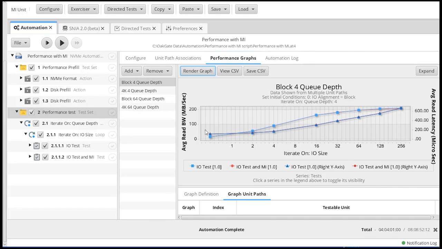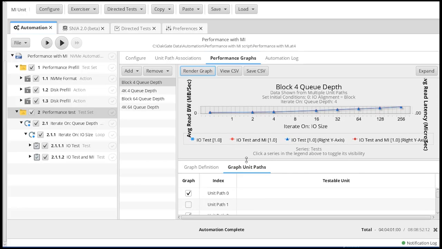Now if I just want to compare the bandwidth first, I can click here and get rid of the right side axis, latency, and see how those compare. And I can see that this is pretty much right on top. I can then bring and look at my latency and take out bandwidth if I want. And again, you can see the latency for this drive, it actually does a pretty good job of laying it right on top.